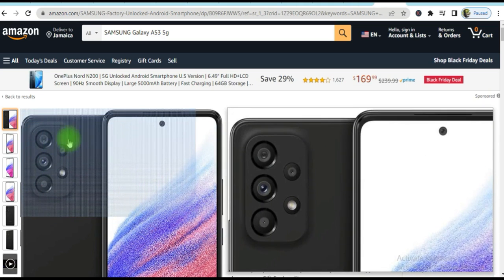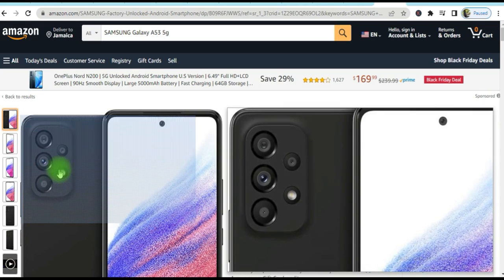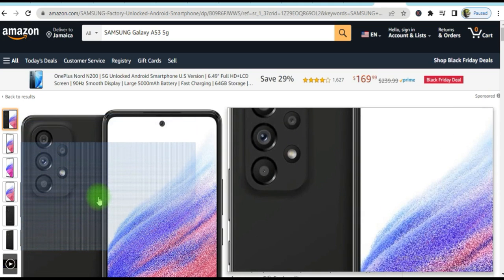So here we have a plus, which is that it has a quad cam, and the main camera is 64 megapixels. The front camera will give you 32 megapixels. This also supports expandable storage memory, and that will take you up to 1 terabyte. A plus also is that it has an IP67 rating, and